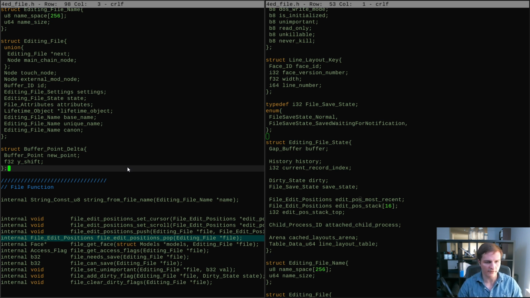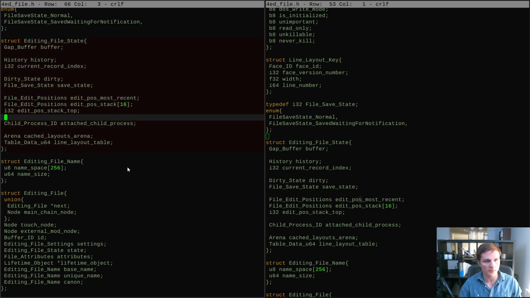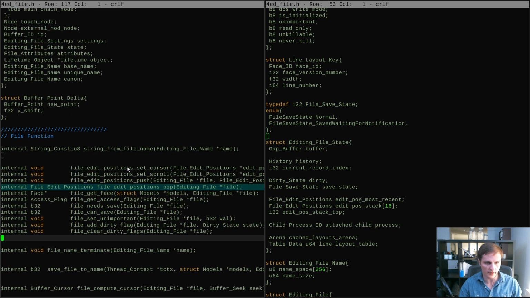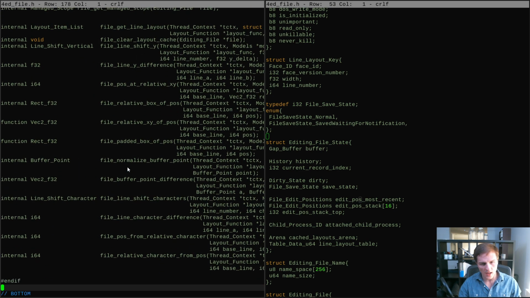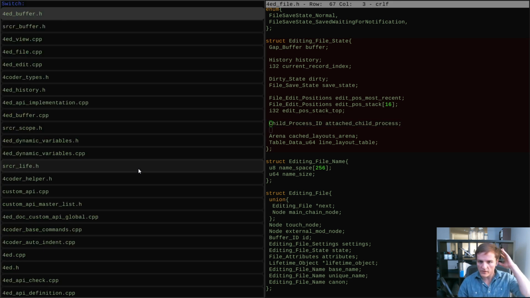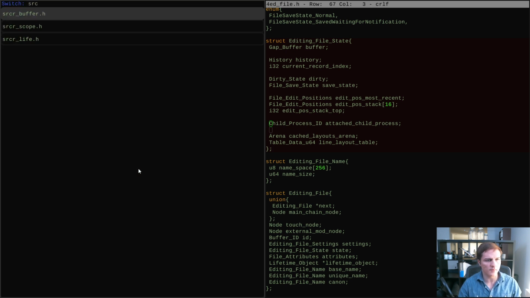But this was always kind of off. Picking the right position for the cursor and the view when you open a file, when you open a buffer, when that buffer can be opened in multiple views, is just a bit strange. And I think that if I didn't have some crappy thing built in to the core, I'd probably build a better solution in the custom layer, or other people would build better, more interesting solutions in the custom layer. So I'm just not even going to bother with reconstructing some of that stuff. Attached child process. Again, this is one of those things besides a source file that can be